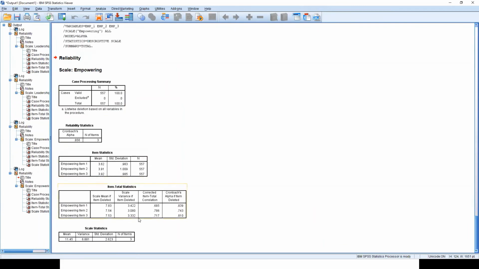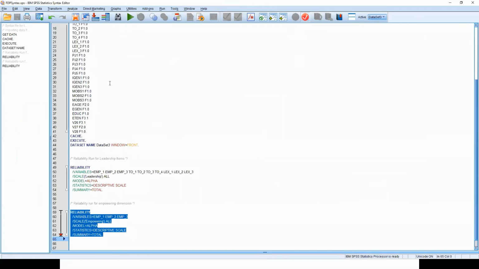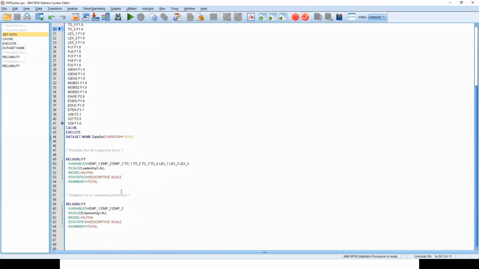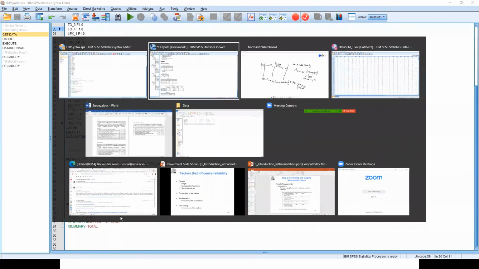The beauty of this is that next time you don't have to remember what buttons you clicked a week earlier or a month earlier or a year earlier to get to the results that you are getting. So you will get exactly the same results. So get into the habit of maintaining this syntax file, documenting it very properly. Just like these, keep giving comments so that you remember what it is that you did at that time, and therefore you can replicate those results later on as well.